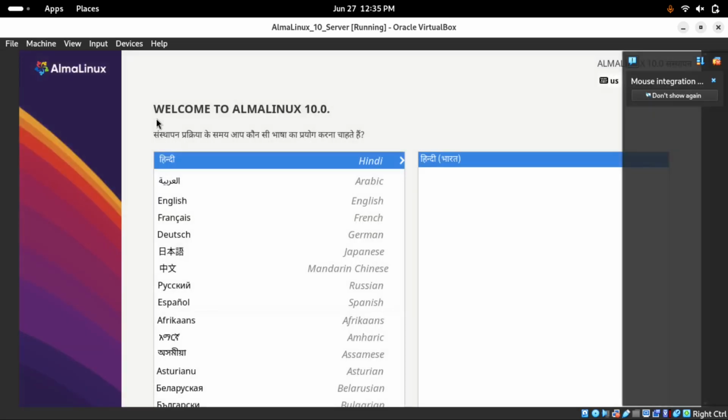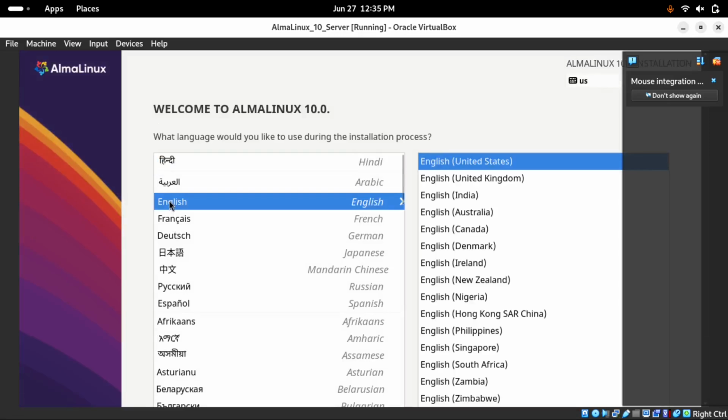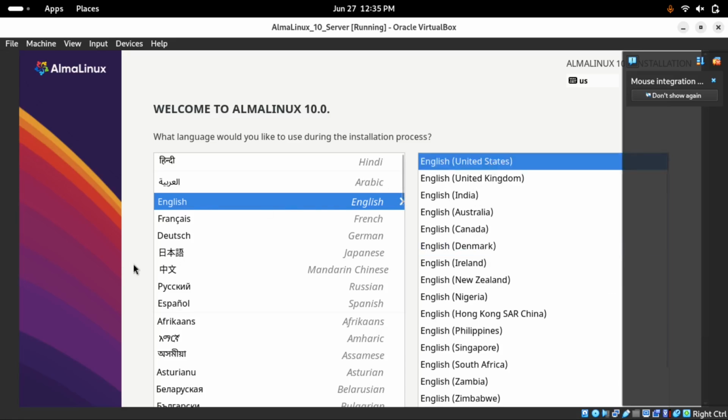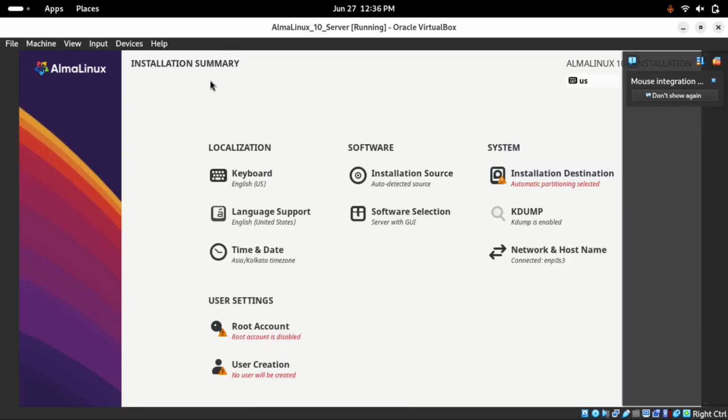Here is the window to choose your preferred language. I am selecting English United States. After selecting your preferred language, we will proceed further and click on the Continue button. After clicking Continue, you will get a dashboard where you have to